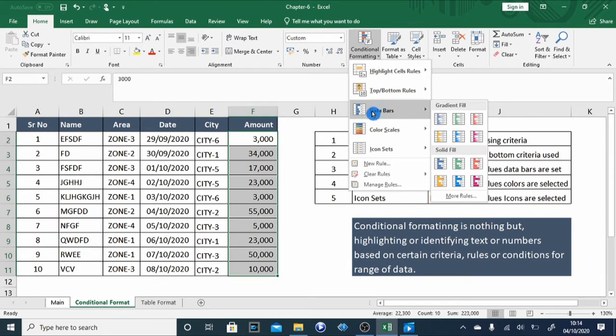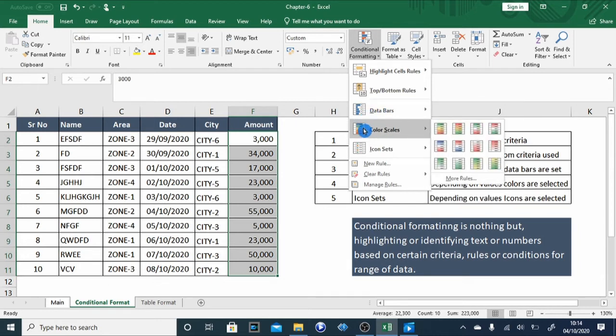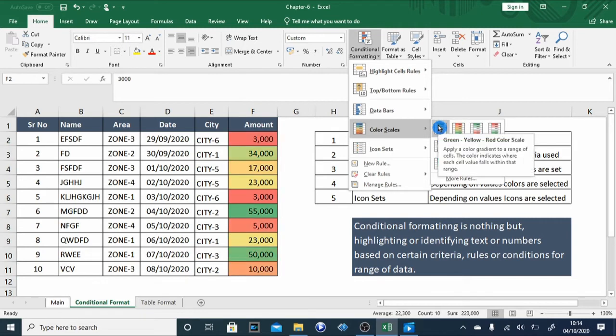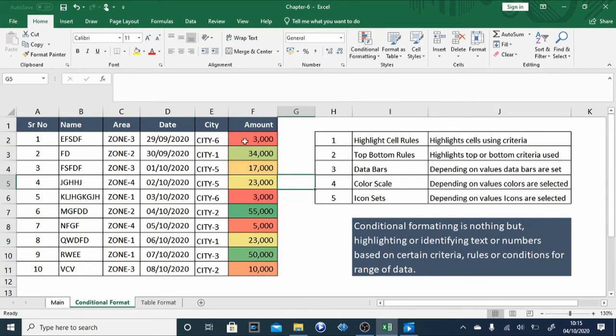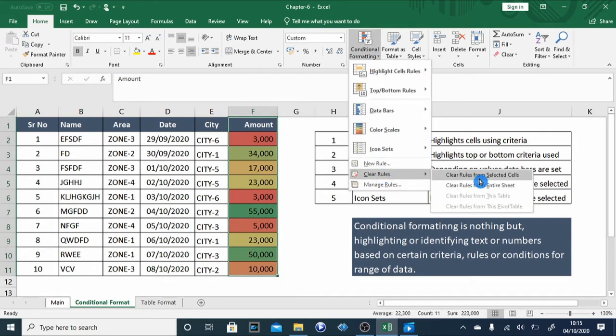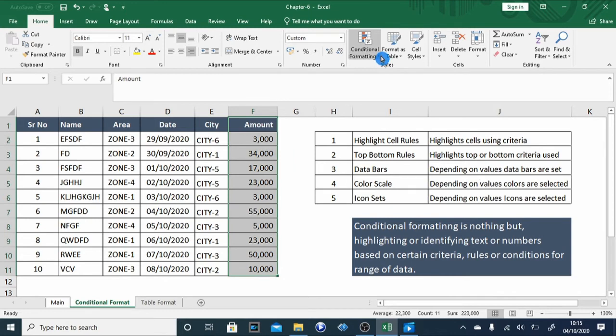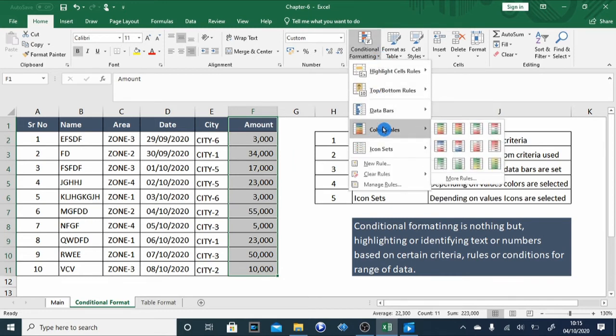Okay, now we can go ahead with the color scale also. Depending on the values, the color scales will change. For example, I select this one. So you can see here that higher values are in green colors, middle values are in yellow colors, and the lower values are in red colors. You select this and you can see these color schemes. So this is nothing but depending on the values, the color schemes are selected. Again I will just clear these rules from the selected cells, and we'll go ahead with another option, that is